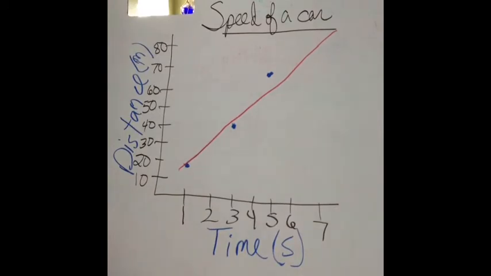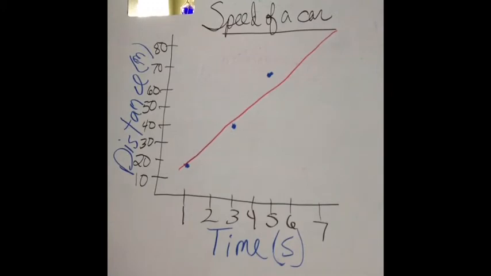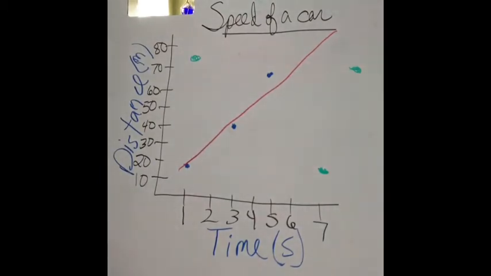And when you do a line like this, that tells you there is some sort of relationship between these two things. If you have some sort of graph that you have dots over here, dots over here, dots over here, then you really can't do a line because the data is all over the place, and then you would have to say, well, there's no trend. There is no relationship between these two things because you can't draw a line. Don't assume that you're going to be able to get a line every single time you make a graph. You can only get lines if there's a relationship between these two things. Okay? But in this case, there is a relationship between distance and time